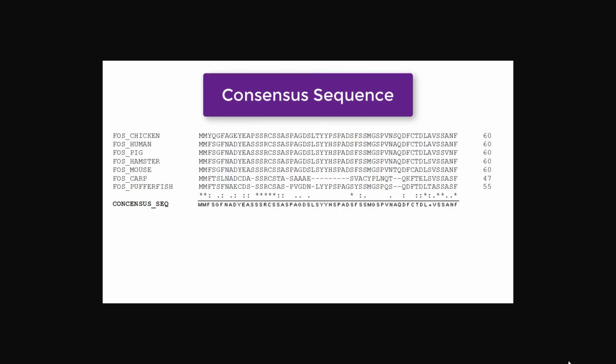The overall height of the stack indicates the sequence conservation at that position, while the height of symbols within the stack indicates the relative frequency of each amino or nucleic acid at that position. In general, a sequence logo provides a richer and more concise description of, for example, a binding site than would a consensus sequence.